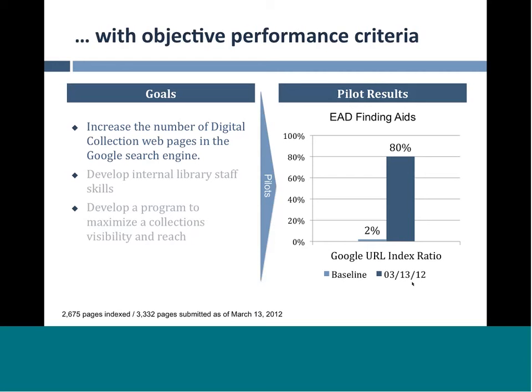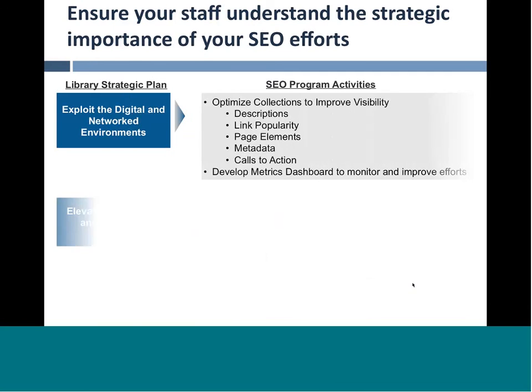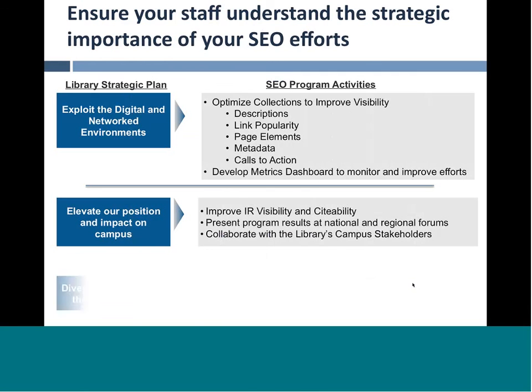So again, that was our first set of goals, but as we started to move forward, we wanted to make sure that we were talking about developing a program where indexing is not enough. Once we're indexed, how do we make sure that we're getting found by people that's relevant? So in doing that, the next thing you have to do is ensure your staff understands the strategic importance of the effort. And we went through the library strategic plan and started to look for how are we going to impact these